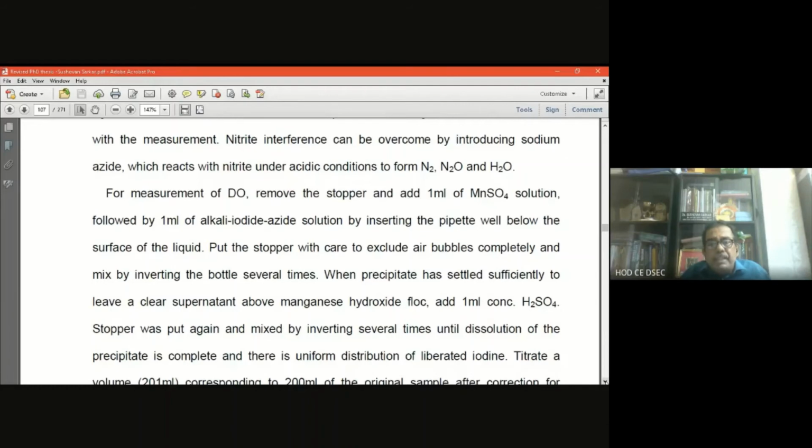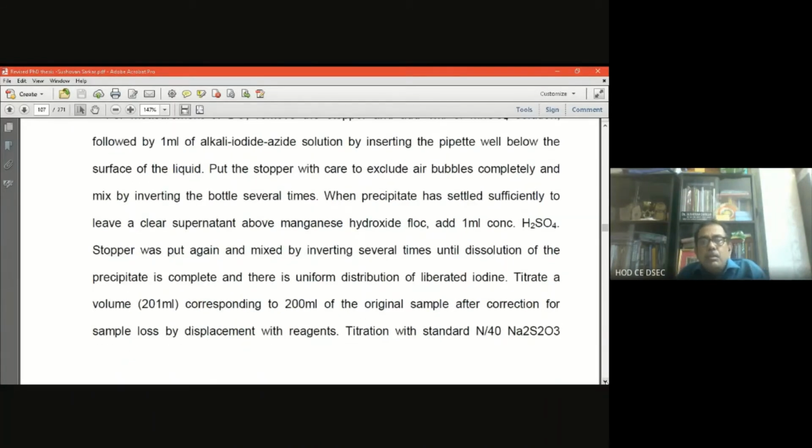When the precipitate has settled sufficiently to leave a clear supernatant above the manganese hydroxide floc, then you add 1 ml H2SO4, and again you shake well, inverting the bottle several times, until dissolution